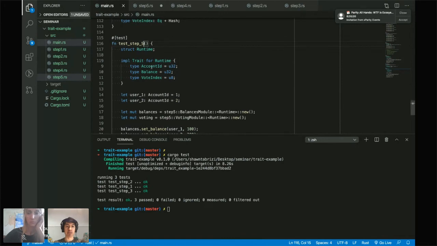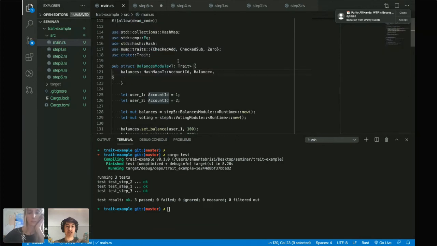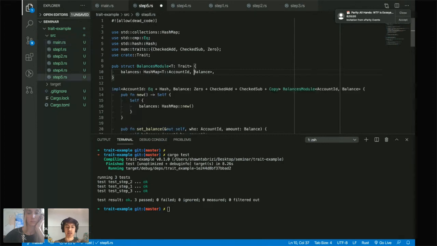This Runtime object implements Trait. It has AccountId as u32. I pass Runtime into the balances module, and it's coming in through here. And now I have some object which has T::AccountId. This is the type. And also T::Balance. So this is where this syntax is coming from. This syntax that you use all the time, this is exactly how it's coming. It's coming because we have this type T, or this trait T, or this struct T, which implements Trait, and we're accessing all of the internal types from inside of it.